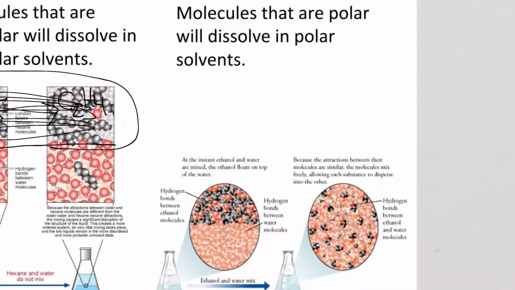When we think about polar solvents, they are the same. So much likewise, all the hydrogen bonds between ethanol molecules and hydrogen bonds between water molecules, this makes them very polar. And because they're very polar, there's a lot of positives and negatives. Let me change colors here, positives and negatives. So all of these positives and negatives can grip each other, and you get full mixing all throughout and very thorough interaction. So polar will dissolve polar because the positives can attract the negatives that are present, mixing them